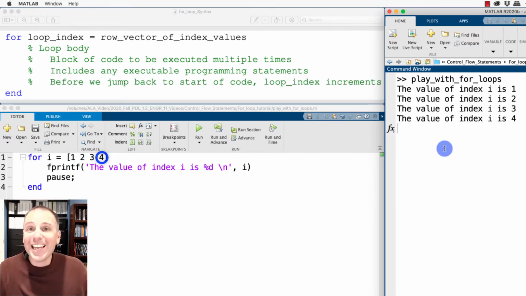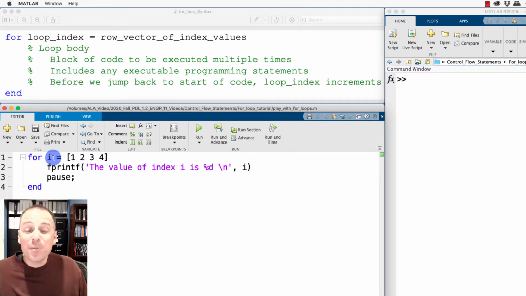At this point, when I hit enter again, MATLAB actually will do a quick check to see whether or not the index variable has actually run through all desired values. In this case, the index variable value of 4 was the last value that I want to run through in my loop, so MATLAB exits the loop accordingly. In this specific example, we've used a counting vector that starts at the value of 1 and then counts up by ones until we reach 4.